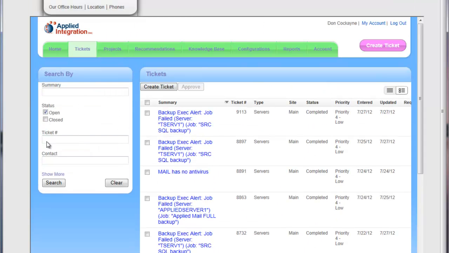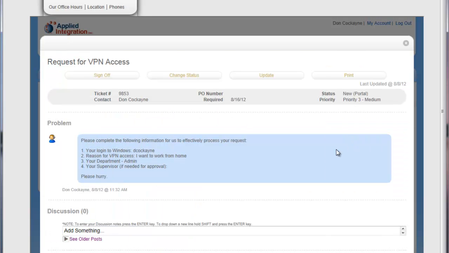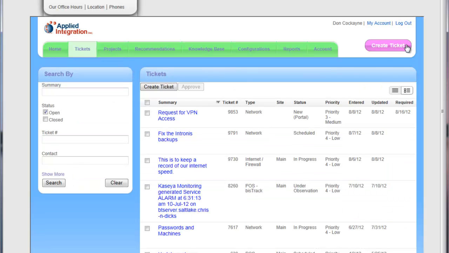So don't be afraid to play around out here, search, look at what's going on, look at the tickets, add notes to them. That's always helpful. Our technicians, the more information they have, the better off they are. But don't struggle. If you like entering tickets on your own in here for something that's not critical, please go ahead and do so. But by all means, at any point in time, if you're uncomfortable with this process, just